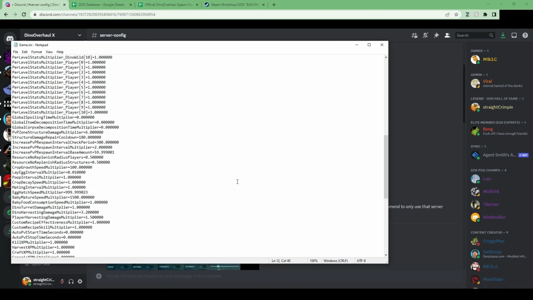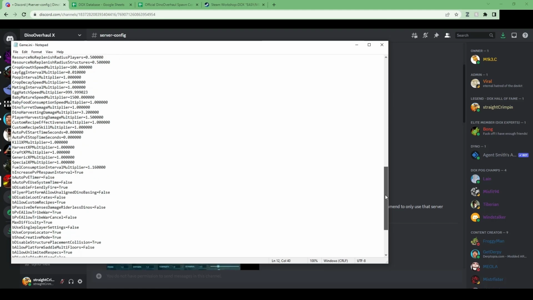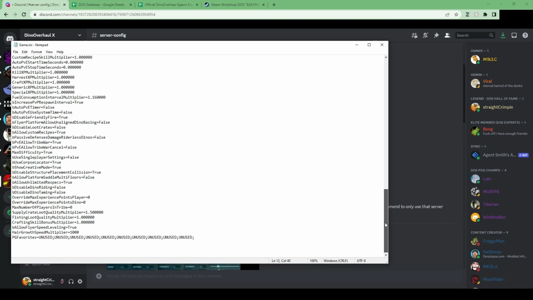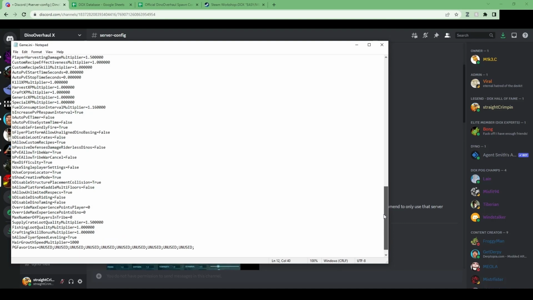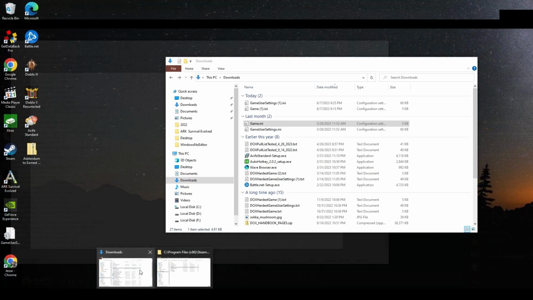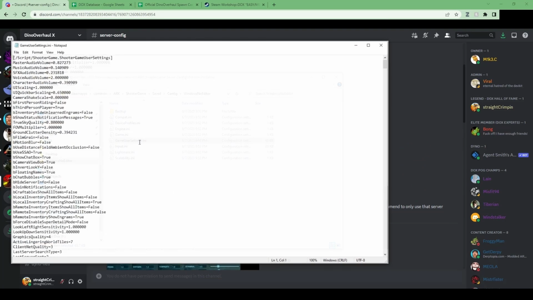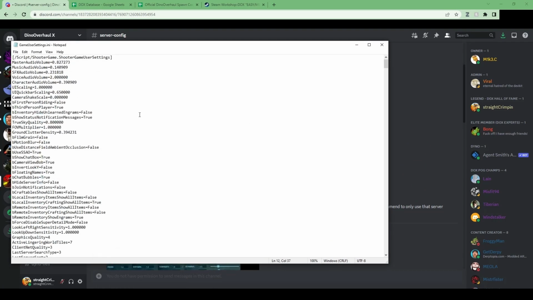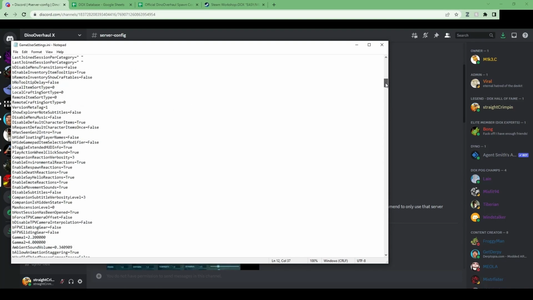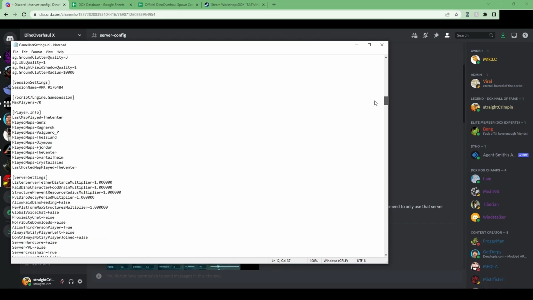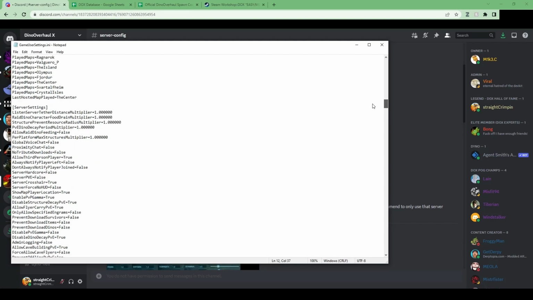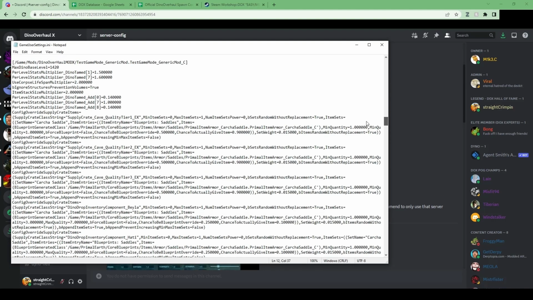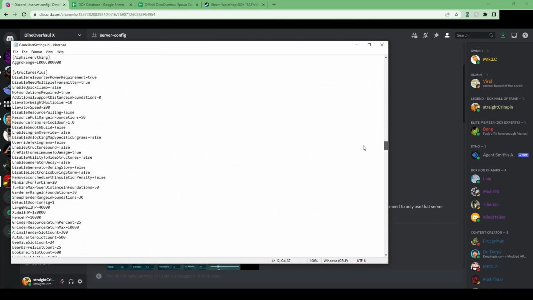There's a couple other game-specific settings that are in here as well. The game user settings.ini, this one. This is where all of the mod settings are going to be. So if you scroll down past the default settings, and you get down here to server settings, and you get down here even further,